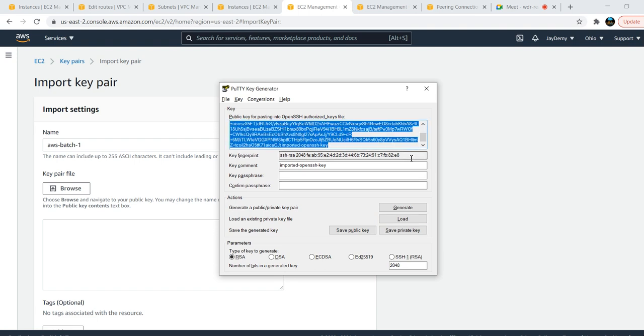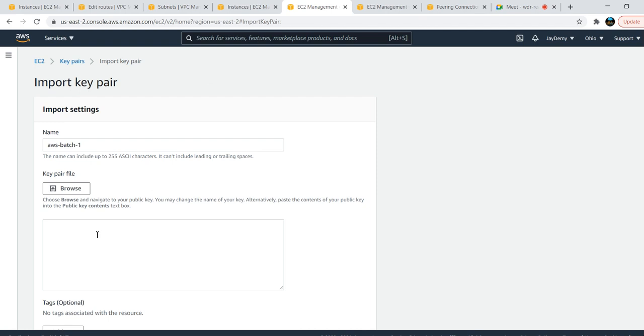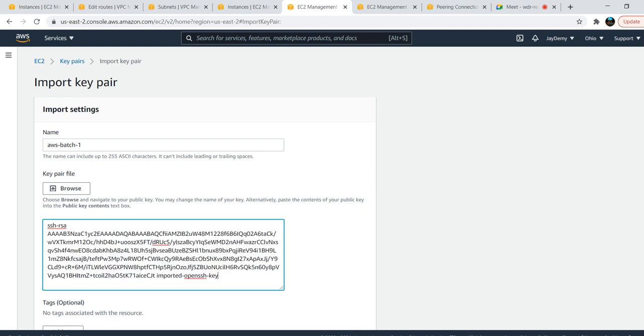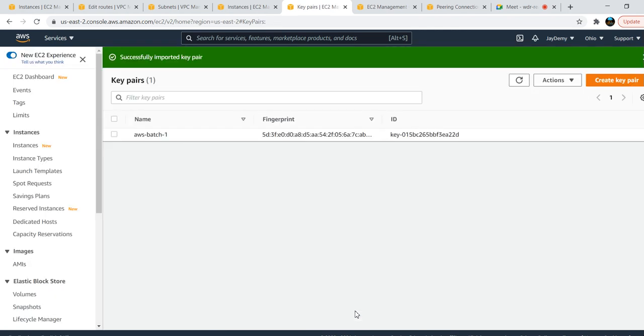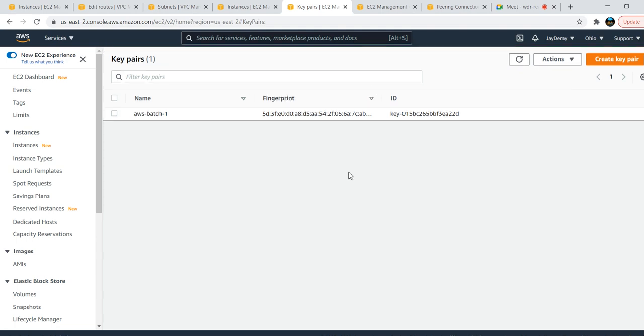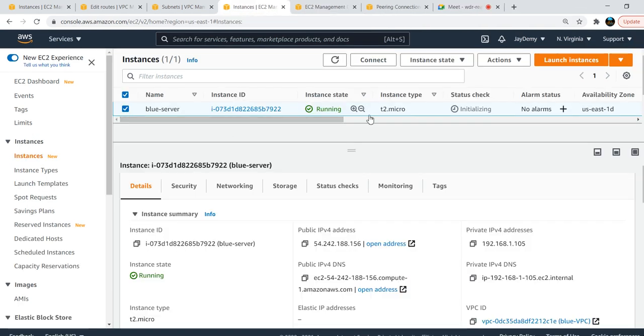Just copy this public key, come to your region, and import the key pair. If you want to use the same key pair across multiple regions, you need to do it like this. We'll discuss key pairs while discussing EC2 instances deeply, then you will understand. I'm just giving a heads up on how to use the same key pair across regions.